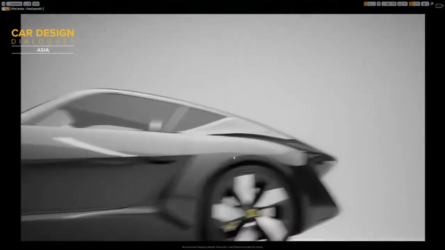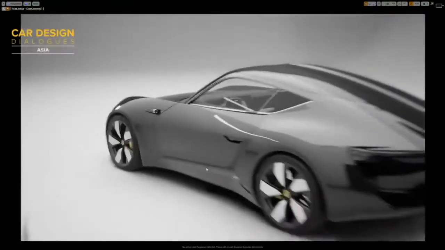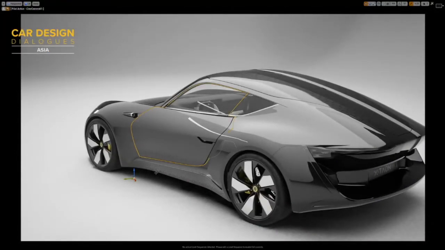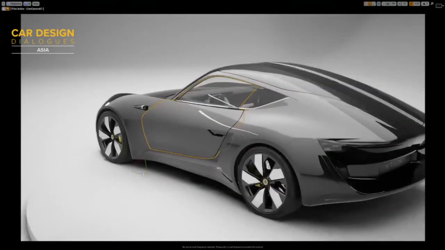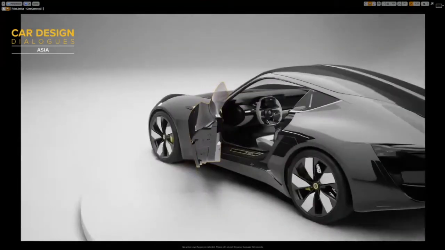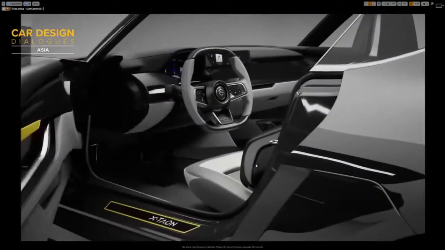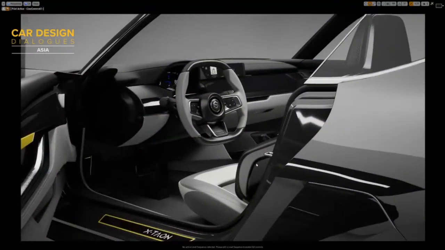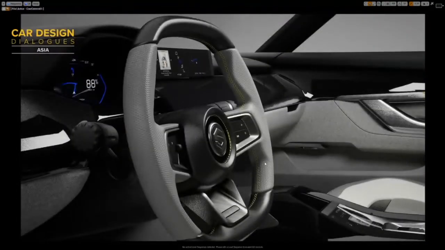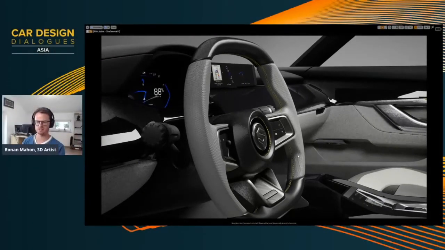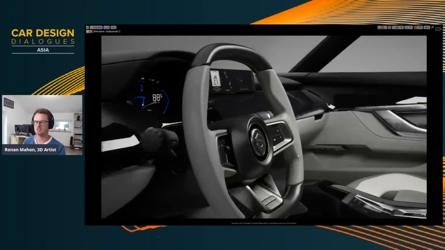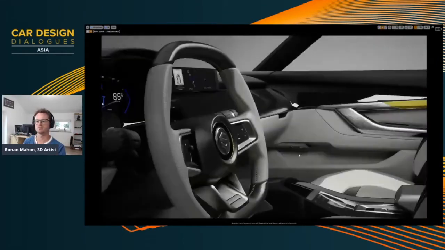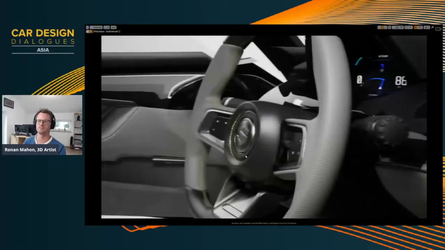If we want to go inside the car, because we've done a lot of work recently on the interior, I'm just going to open up the car door. And you can see here, this is the material scheme that we've applied. Again, hyper-realistic. It's pretty amazing that this is all real-time, right? There's nothing baked in this scene. There's no baked lighting. Everything's dynamic. So if we want to change anything, if we want to animate anything, that's no problem.